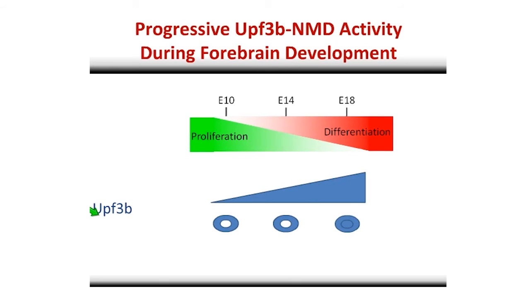The take-home message for us was that we correlated increased UPF3B expression with ongoing development of the forebrain, which is associated with decreased proliferative capacity. And in fact, out here at E18.5, we had both high expression and nuclear localization, which we perceive as a prerequisite for UPF3B function. And so what we really decided to do was to take the progenitor cells from the E18.5 embryo and conduct loss-of-function experiments in the dish to see what would be the effect of loss of UPF3B.